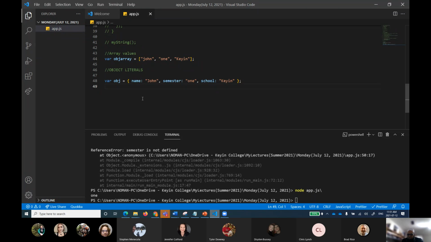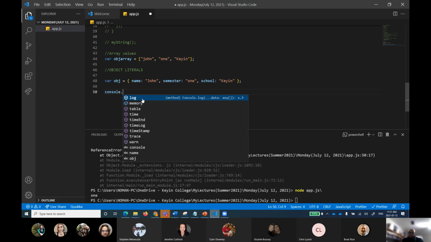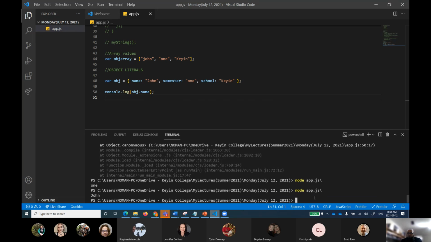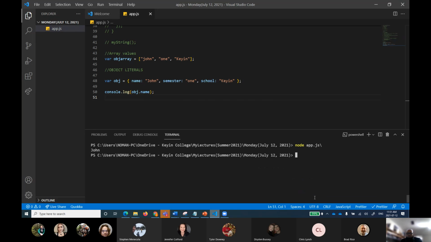Now, if I want to access these values, how to access them? In dictionary, you would have done that. I will write obj dot name. This is one another way of using that. If I say obj dot name, can you tell me what will be my output? John. My output is John because I'm just accessing the name out of it.